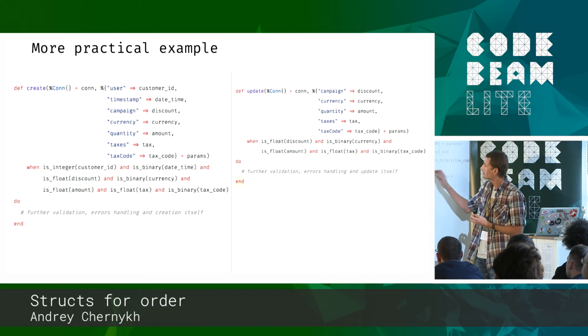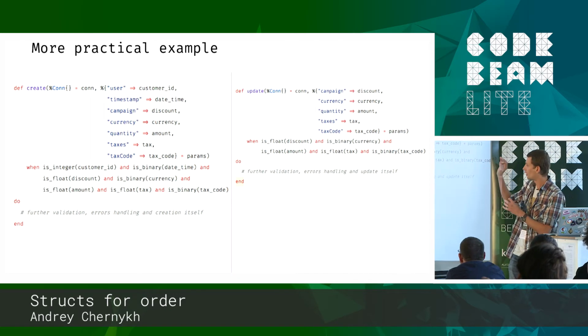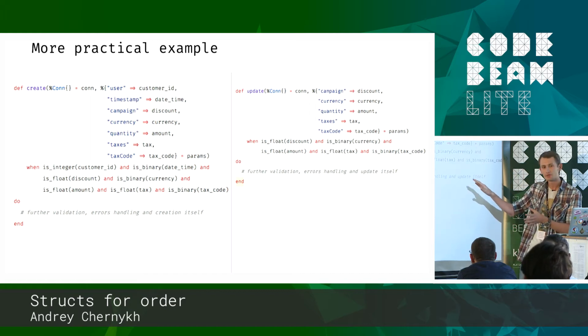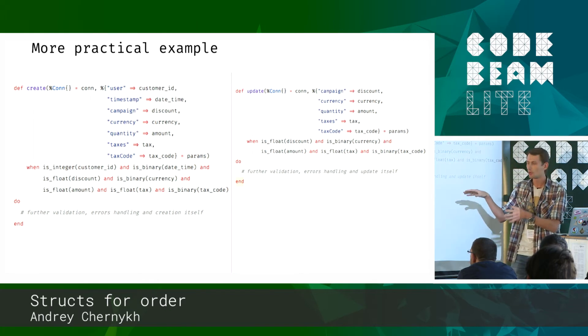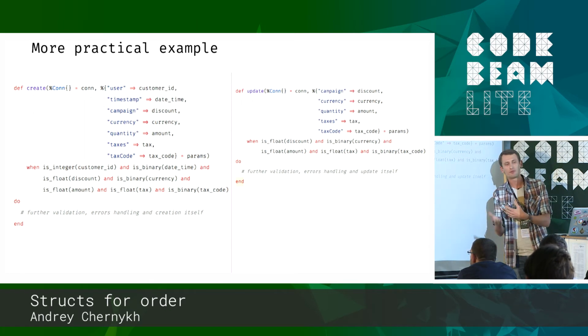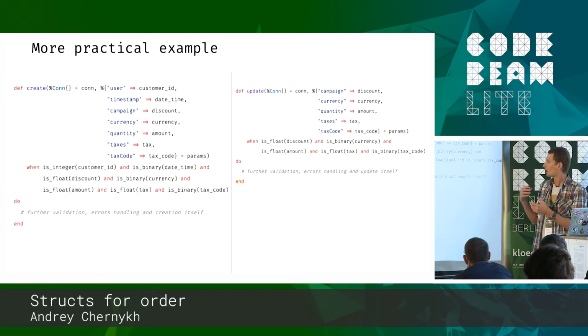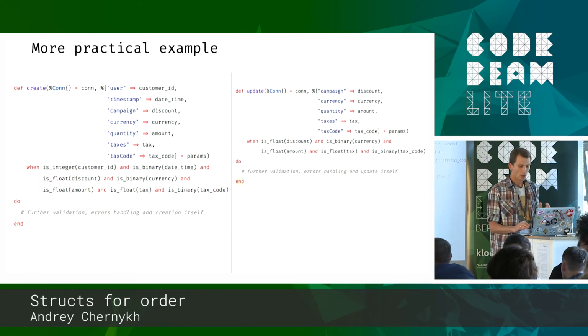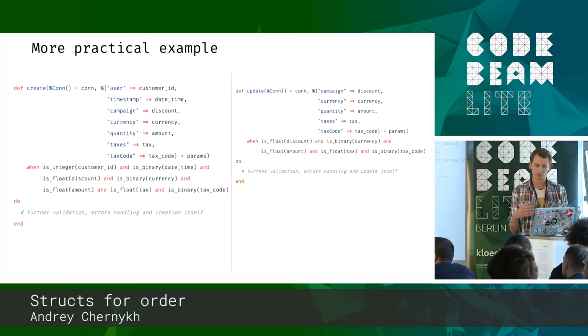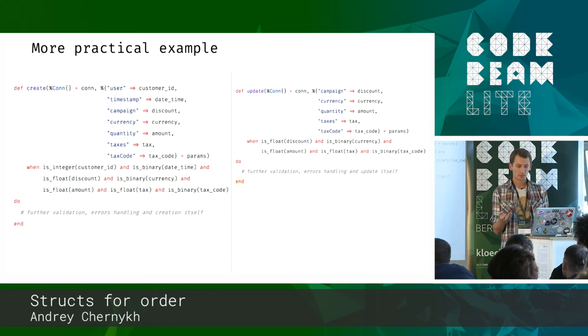And we try to validate them firstly with guards, but it's not enough, so we need to go further and validate them in an action body. Then, I don't know, modify those parameters if needed, and handle all these errors in the action itself. Despite this controller is hard to test and update, we might be pretty happy with this solution. It's pretty straightforward, and we continue to work in this way for some time.